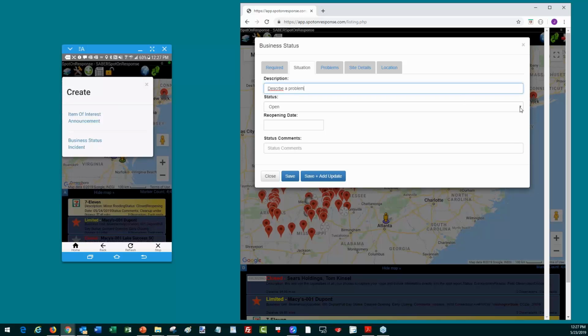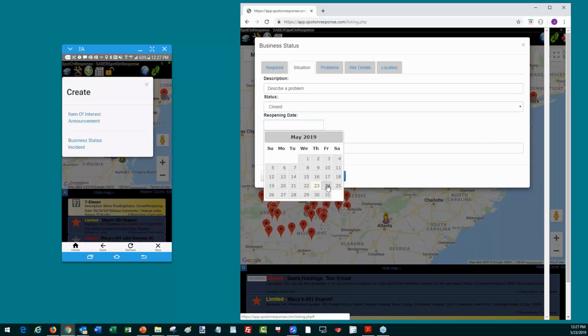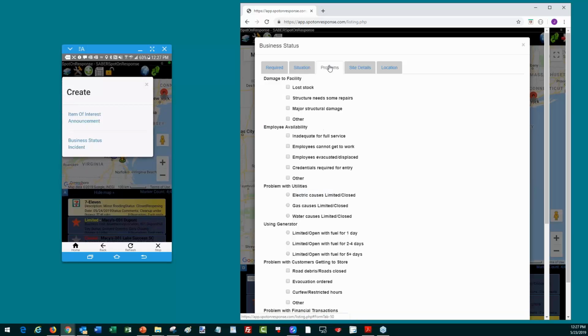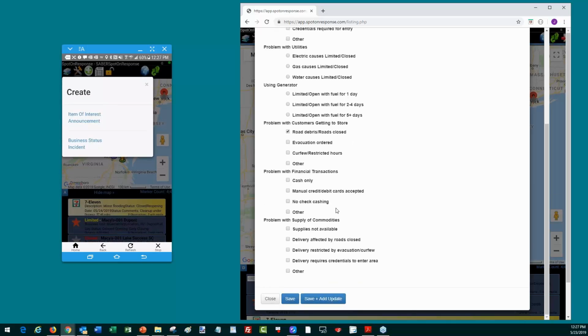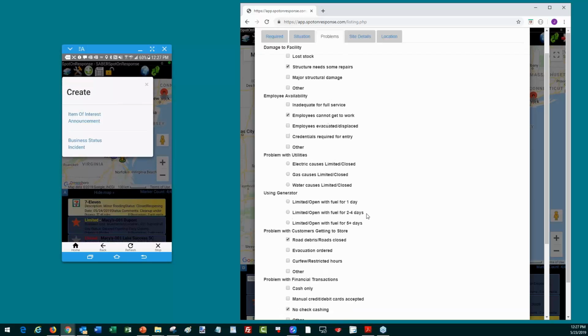We are going to be closed today, but we are going to reopen tomorrow. And I'm going to explain that I have a structure that needs some repairs. My employees can't get to work. I don't have any utility problems, but there is some road debris around there. And we're probably not going to do any check cashing tomorrow. So I'm going to do that. I got enough supplies though. Simply stating that,